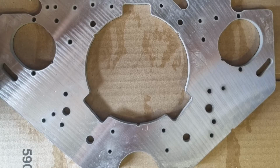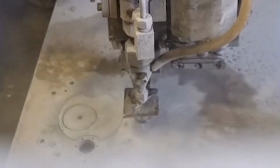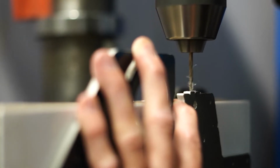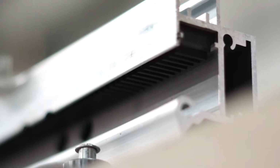And our alloy plates, again specified by our engineers, are waterjet cut down in Plymouth and then modified in-house to meet precision specifications. Other parts like the racks in the X and Y axes are actually manufactured right here using